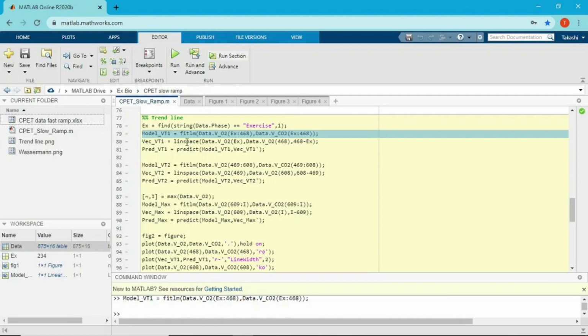Then I'm gonna create the x-axis. The x-axis starts from EX, where the subject started the exercise, and ends with the data point, which is 468. Then I'm gonna create a number of data points between where the subject started exercise and candidate BT1. The function called linspace creates whatever number of data points I desire.